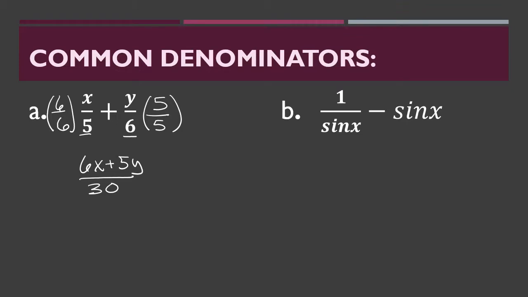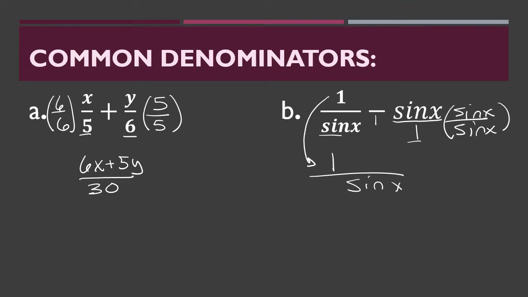So let's look at what this might look like with sine functions. I have 1 over the sine of x minus the sine of x. And if you want to think about it as a fraction and it helps you psychologically to put it over 1, then so be it. So now I look at this, I have a sine x and I have a 1, so my common denominator is going to be sine x. Since I already have a sine x in my first fraction, I don't really need to do anything. However, I do need a sine x in this denominator, so I'm going to multiply by the wacky form of 1. So now I pull down the 1 from here, and I have 1 minus sine x times sine x